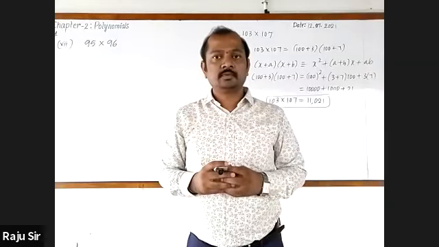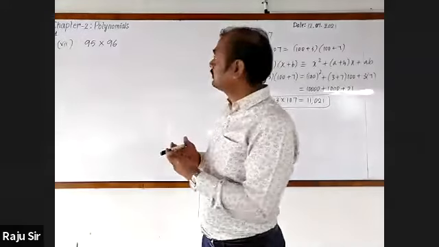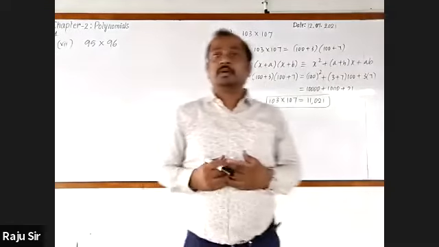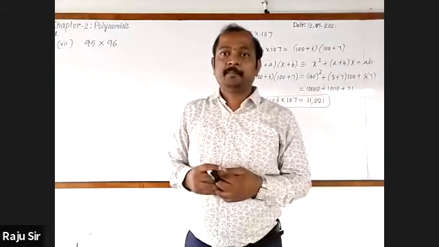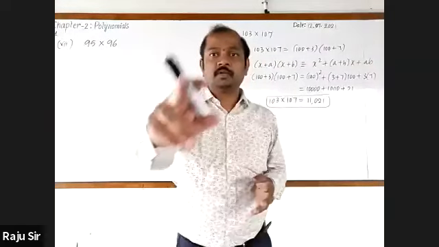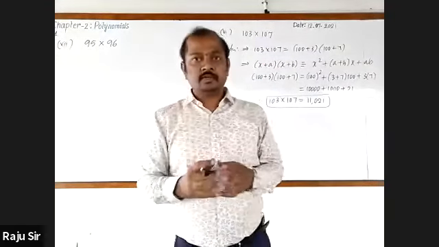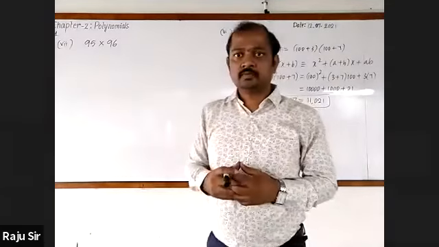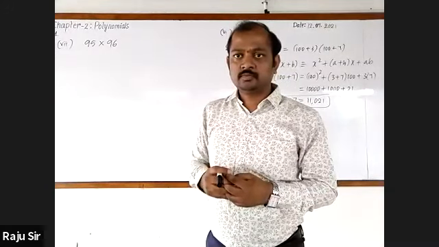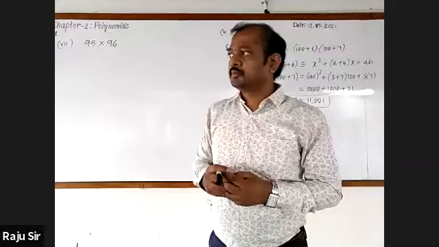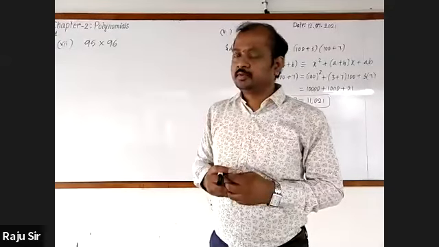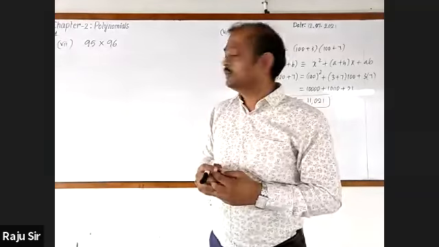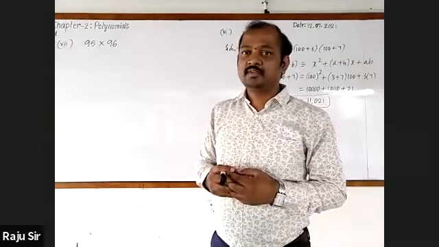Sir, different numbers are there. Of course, even there may be some other numbers also. Renuka is telling, let her continue. Sir, if in a number like 96 into 96 is there, we can use the identity a minus b. Now 95 into 96 is there. No, sir, while splitting 100 minus 5 and 100 minus 4 we will get. So we have to use x plus a and x plus b. Excellent.